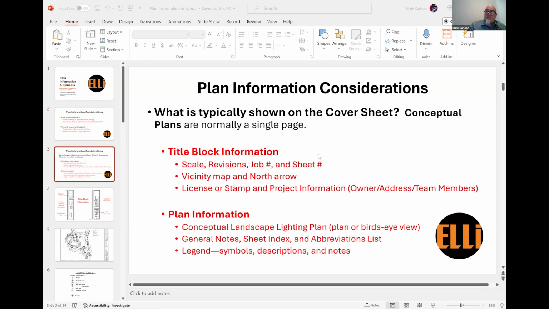Next, what's typically shown on these plans? I'm going to use the term cover sheet, which is typically the first page of a drawing set. You'll see a cover sheet and it has a lot of the information that we're going to be talking about, which includes a title block. You're going to have the scale that's referenced there, the scale of the drawing, the revision block, the job number,